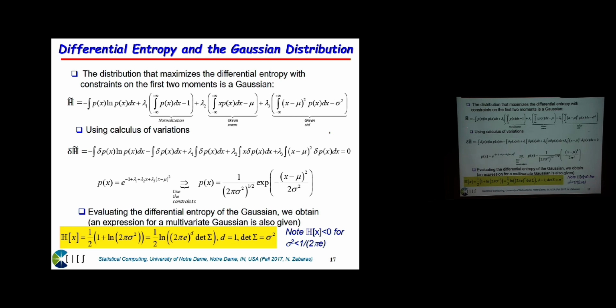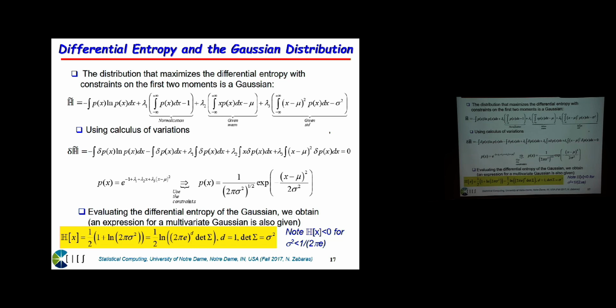So basically the idea here is you are going to maximize this with respect to, okay, it's a probability, but you can think of it as a function. And so you have to set the variation of this equal to 0, and usually the way you do this is using a perturbation to that function, and setting that perturbation equal to 0. Okay? Setting basically the directional derivative with respect to p of x equal to 0. If you look at this expression, you will say, I guess, common sense, all right? And if you feel comfortable, that's great. If not, you will have to read a little bit more about calculus of variations.